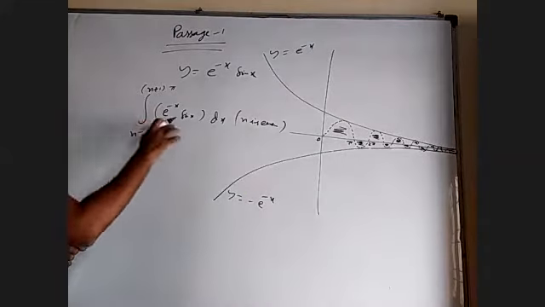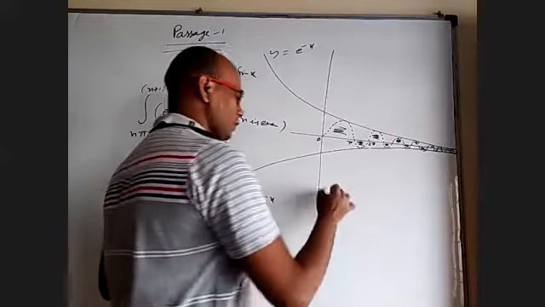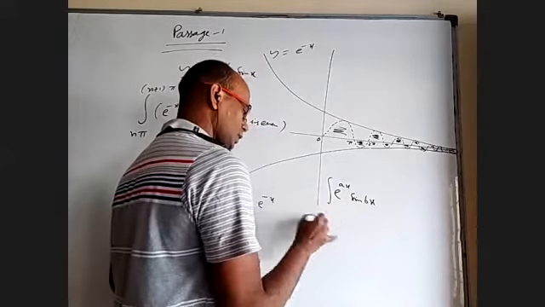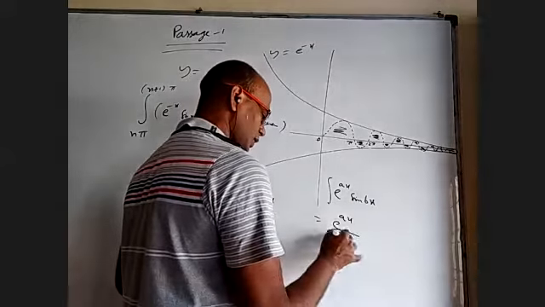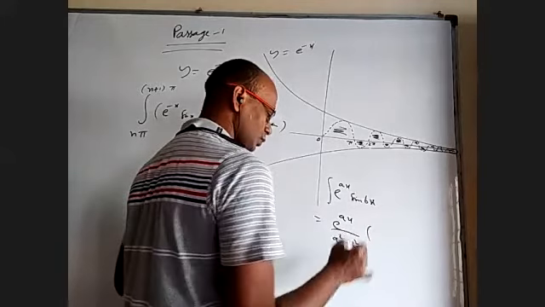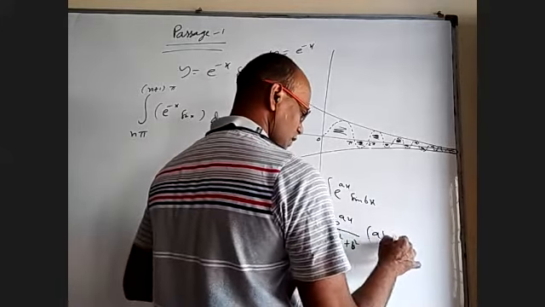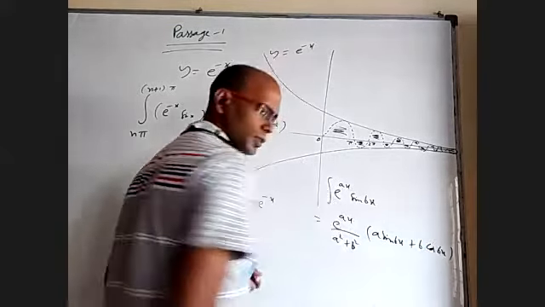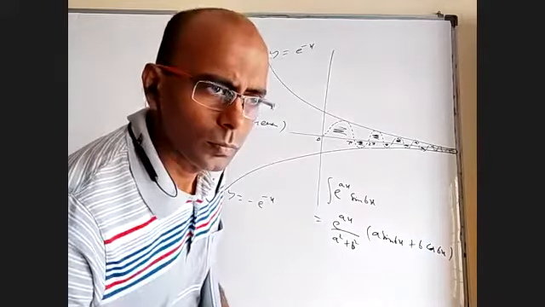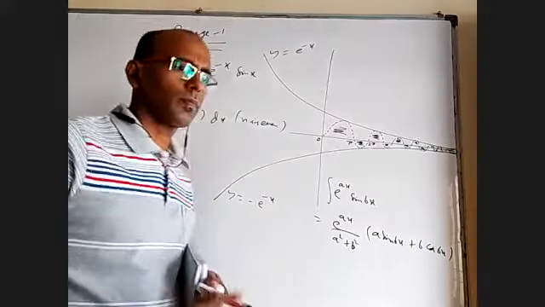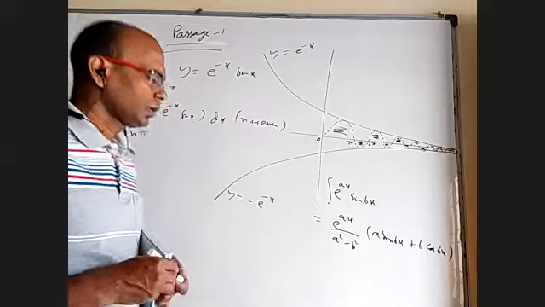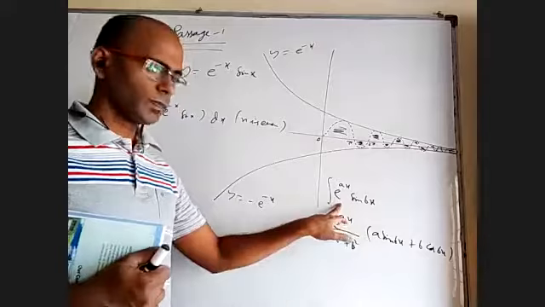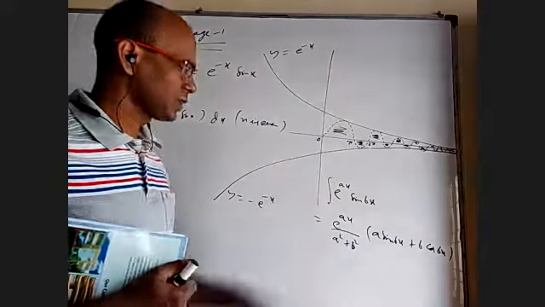Okay. So how to integrate this? I think all of you know this formula. Integral e power ax sin bx dx is equal to e power ax by a square plus b square into some a sin bx plus or minus, I don't remember, b cos bx, something like this. Okay, this is the integral. How did this come? You have to apply integration by parts twice, then you'll get I back. Okay, we've done this in indefinite integration.